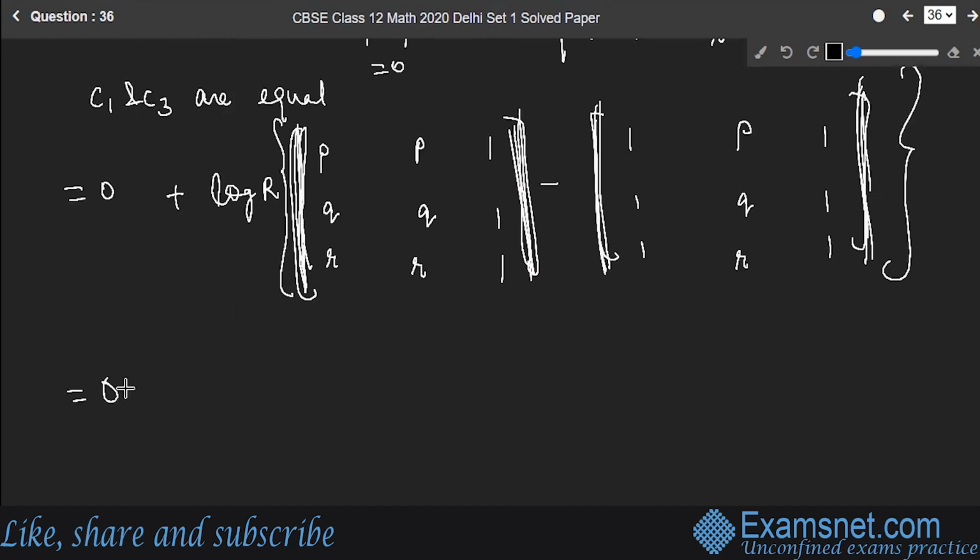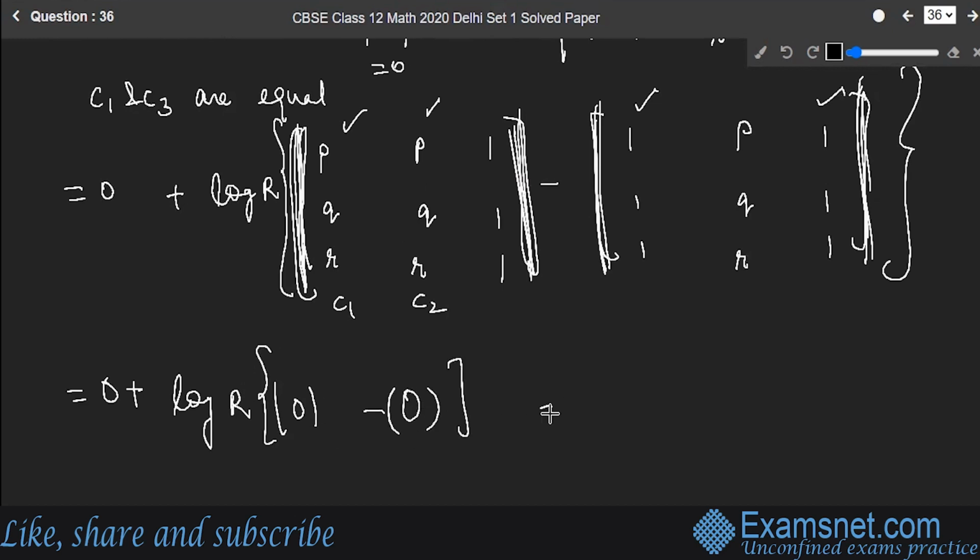So this is equal to 0 plus log R. Now again, the two columns C1 and C2 are equal. That means their determinant is equal to 0. The two columns C1 and C3 are equal. That means their determinant is also equal to 0. So this is equal to 0 plus 0 minus 0, which is nothing but equal to 0, and hence proved,